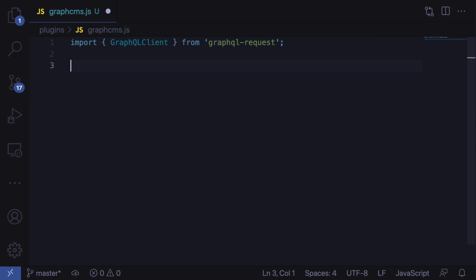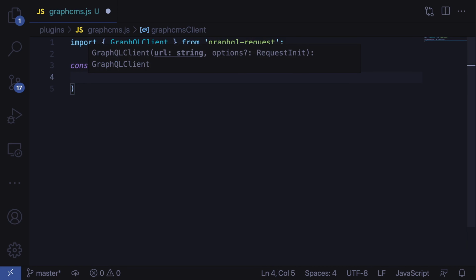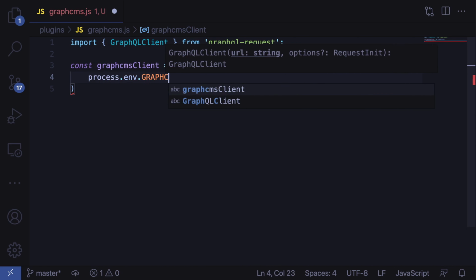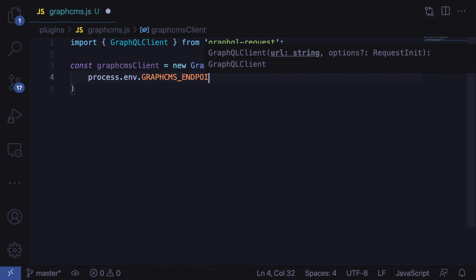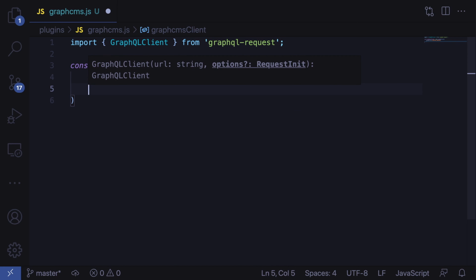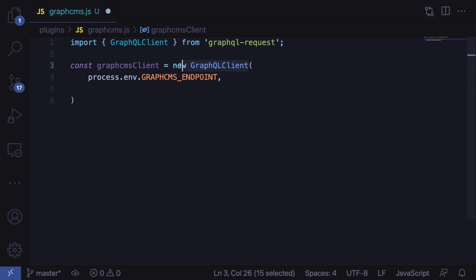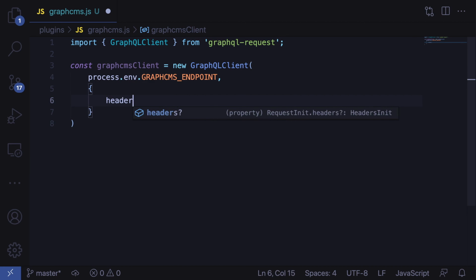And then let's create the new instance of GraphQL client. So const GraphCMS client, new GraphQL client, and then here we need to pass the GraphCMS endpoint. We can do it as follows: GraphCMS endpoint, and then we also have to pass the bearer token, and the GraphQL client allows us to set the headers. So let's pass the authorization token,